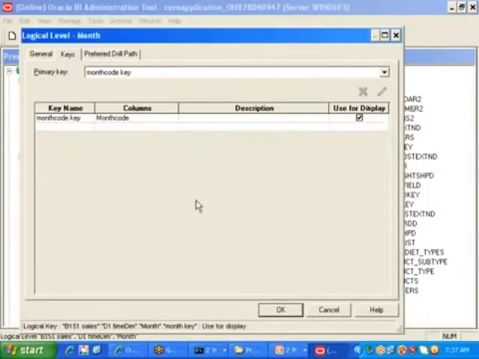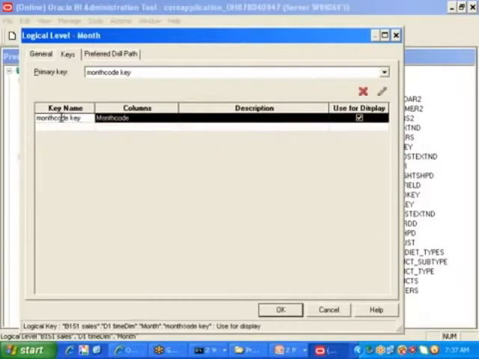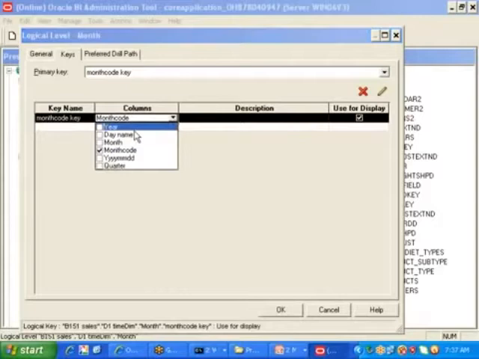I don't want it. This is the key column. One key can be associated with two columns or three columns or four columns. Is it possible or not? Possible. Why can't you make this month code as well as month? One key column may be associated with many columns. That is called a composite key, right?